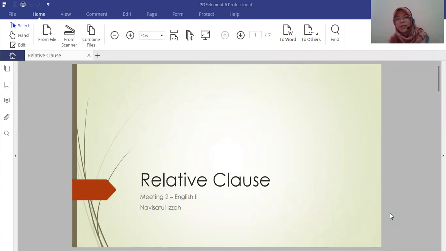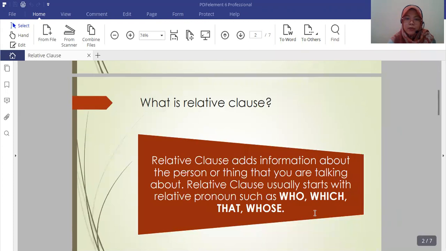Today is our second meeting and we're going to learn about relative clauses. I will be talking about what the function of a relative clause is and what types there are. A relative clause adds information about the person or thing that you are talking about. Relative clauses can be used when you are speaking and when you are writing your essay, and a relative clause